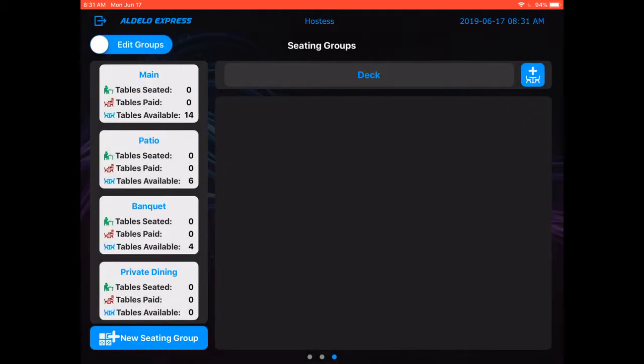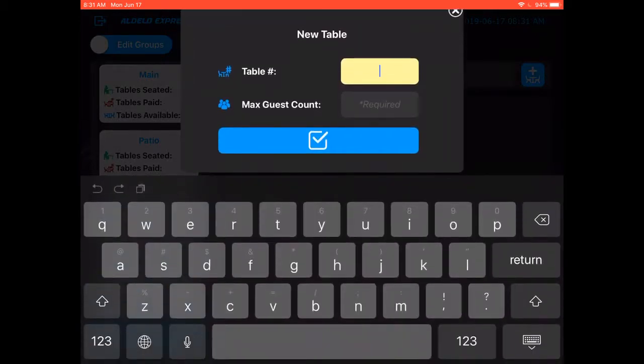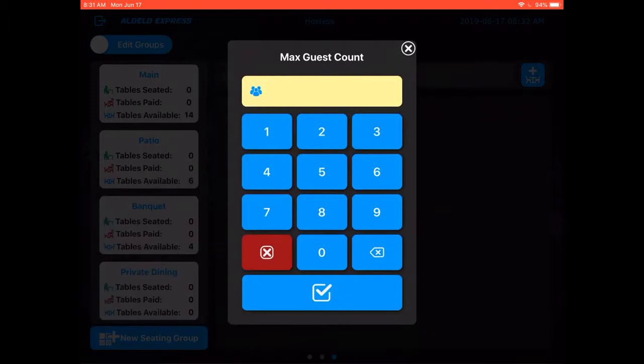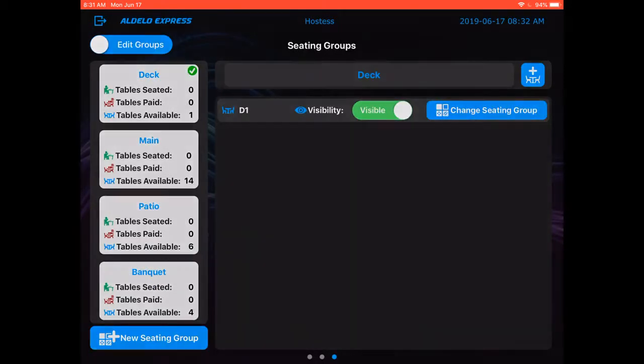And in the upper right, we're going to choose the little table there with a plus, and we're going to add a table number. We're going to call this first one D1, and we're going to tell the system what the maximum number of guests is. Once you've entered your number of guests, go ahead and select it, and we're going to add a second one